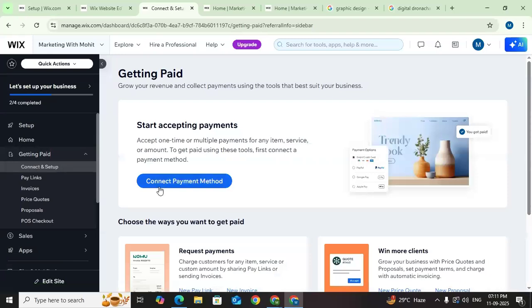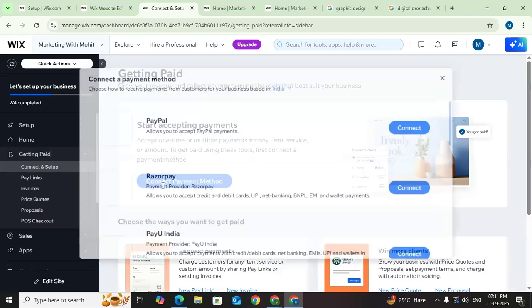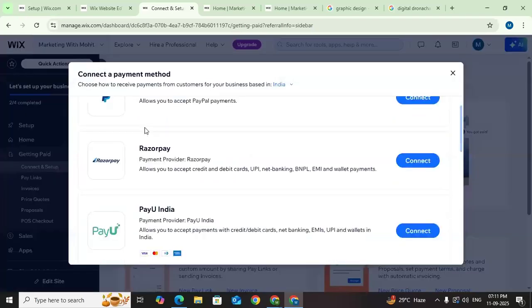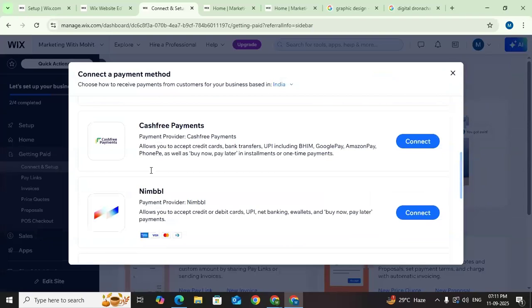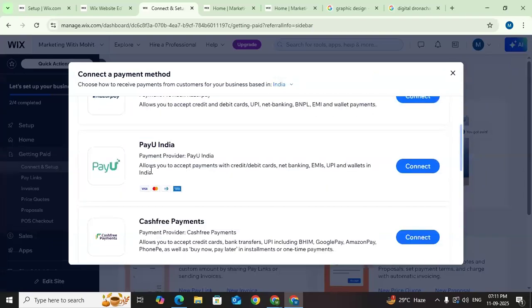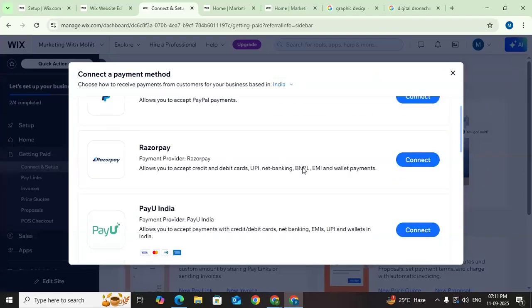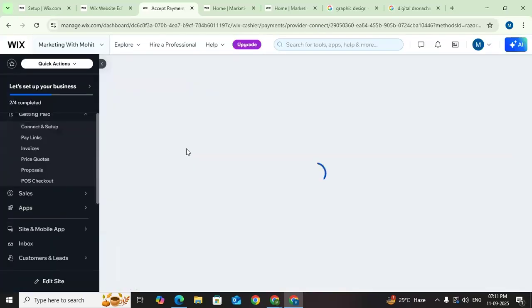Here you will see the option of connect payment method. Click on this. You will see PayPal, Razorpay, PayU India, Cashfree, anything you can add here. Suppose you want to add Razorpay, click on connect,